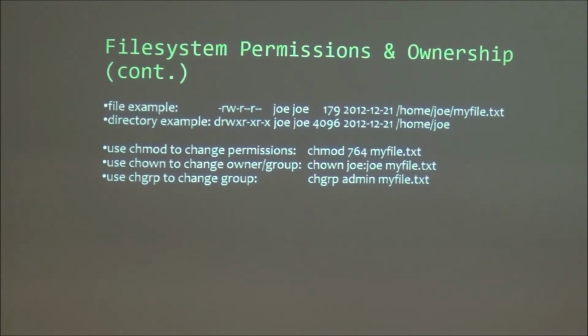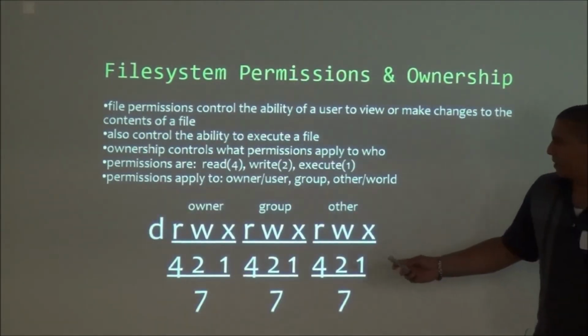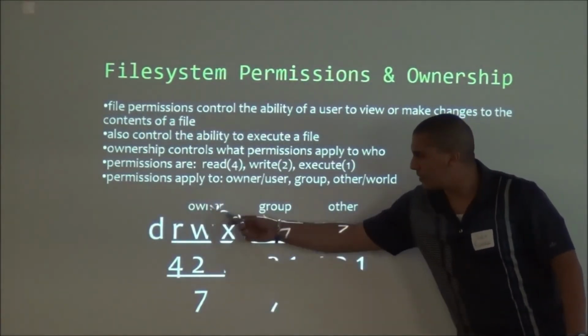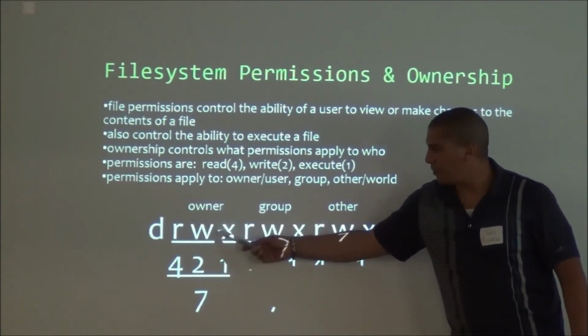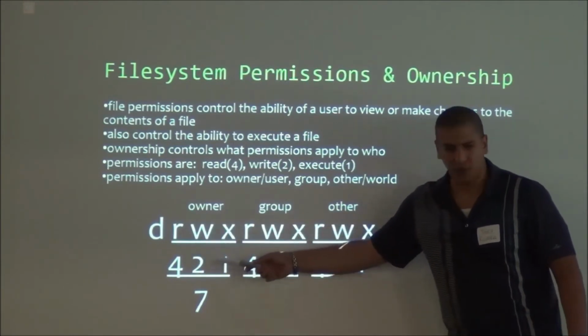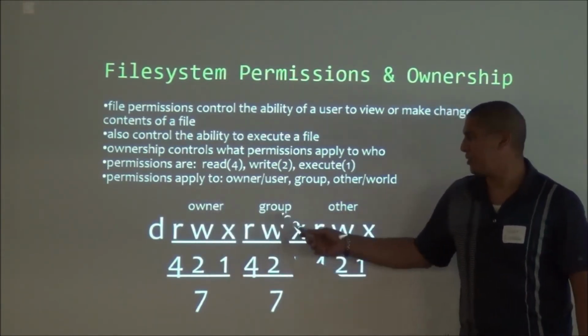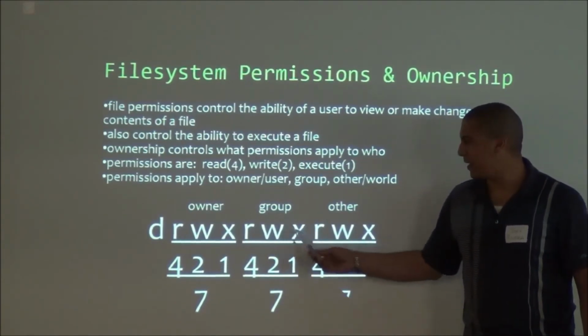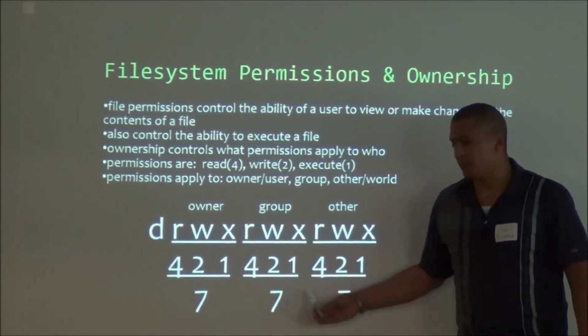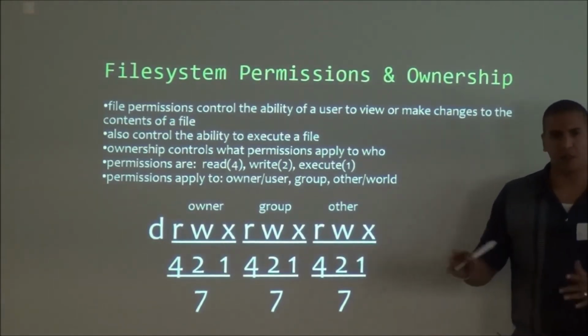to execute. So you would do chmod, instead of the numbers, you would put which category you want to affect. So you could put, like in this case, O, and then you would put plus W, or O plus X. You could put G plus X or minus if you want to take it away, and you specify it that way. But if you know this, you can just put a number and be quick.